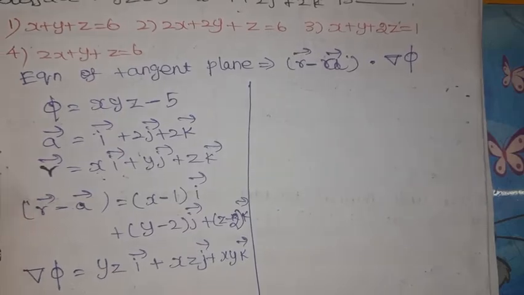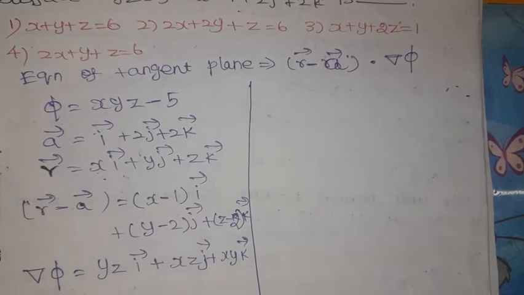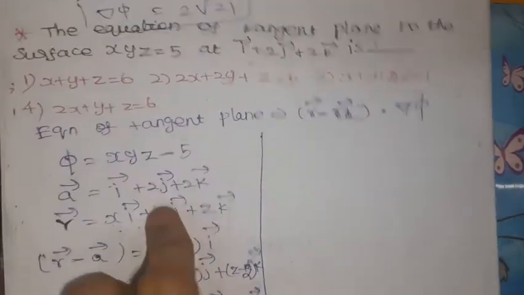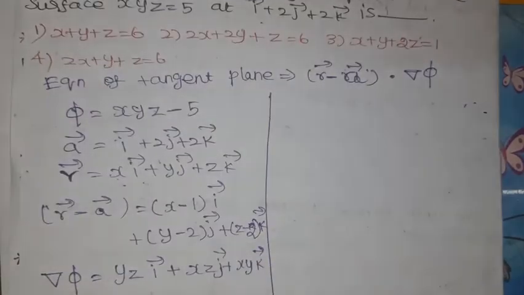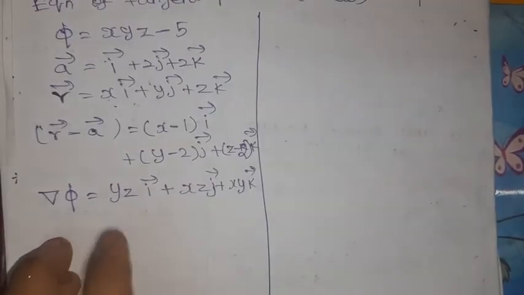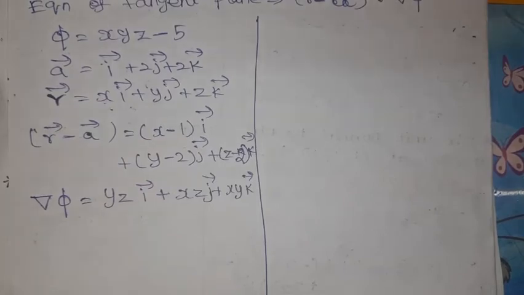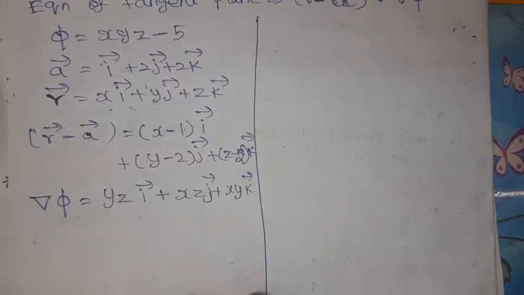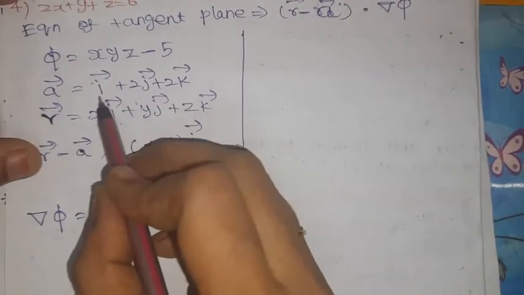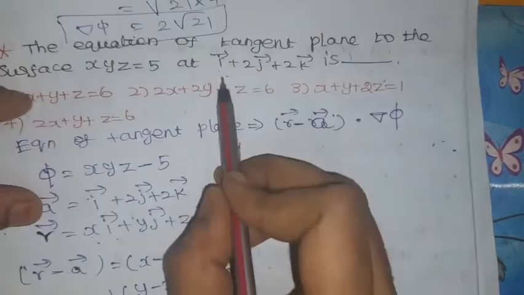I missed something in the problem somewhere. Wait, I will check one second. Wait a few minutes, guys, because I have not written the point now. We can find del phi at the point only, right? From the given itself we can find the point. The point is this one, 1 2 2.